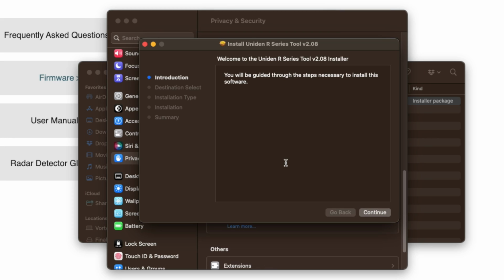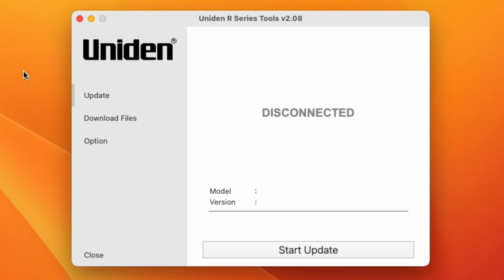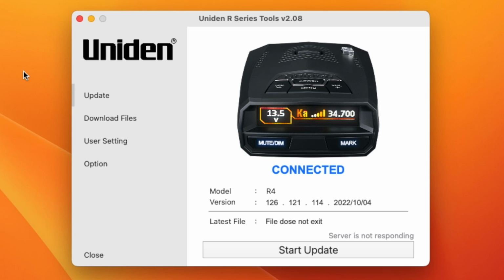And then you're going to want to go ahead and install both this update software and the drivers that it's going to prompt you to install too. I know I kind of buzzed through that. If you need any help as far as updating, just hop onto the forums for any sort of tech support for getting the update software installed. In any event, once you get it up and running, it's going to look like this. I'm going to go ahead and start by plugging in an R4,